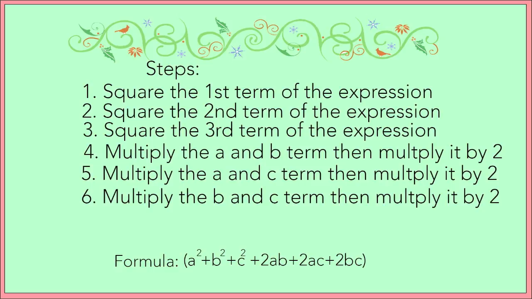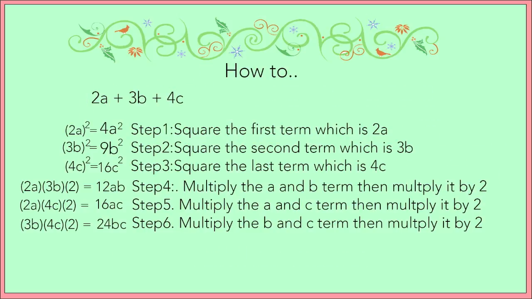Then, you multiply the a and b variable and multiply it by 2. After that, you multiply b and c variable and multiply it by 2. Last is to multiply the a and